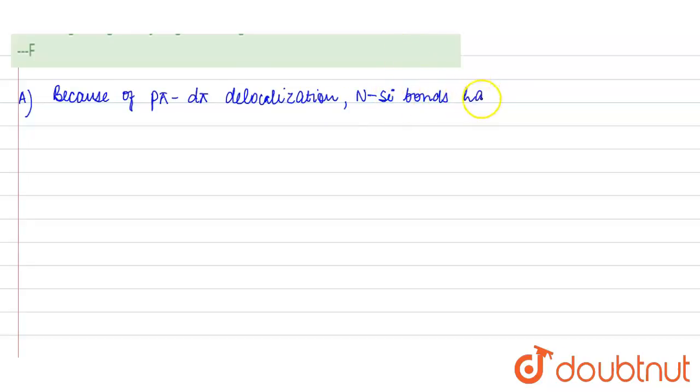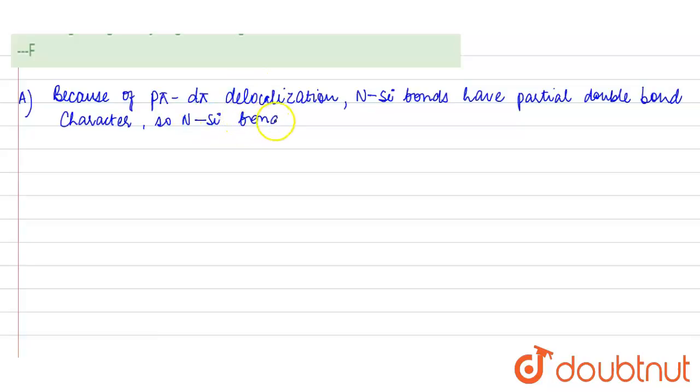For statement A, because of p pi d pi delocalization, the nitrogen-silicon bonds have partial double bond character. So nitrogen-silicon bond lengths